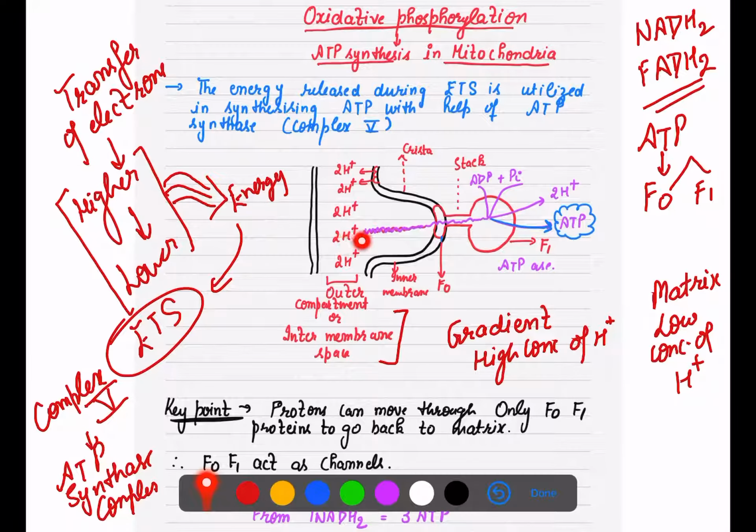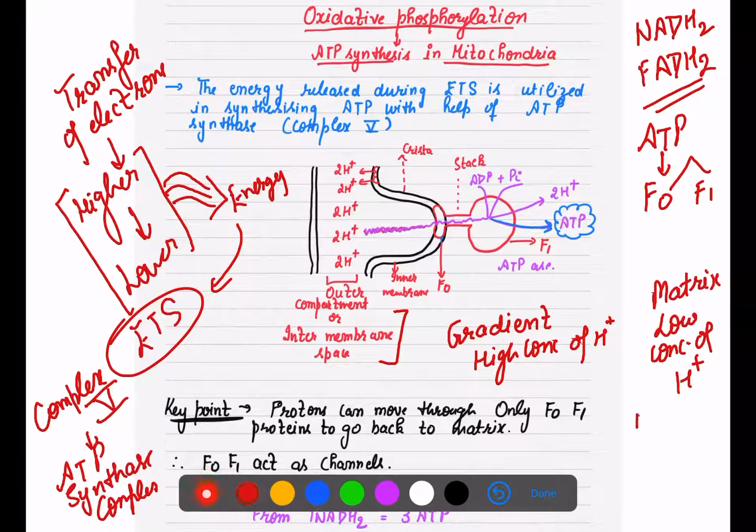The pair of protons, so from one NAD, one pair of protons will be released, one ATP will synthesize, the second proton will move, the second ATP will synthesize, the third pair of protons will move, then the third ATP will synthesize. So in this way, the movement, when electrons are passing from higher to lower energy level,